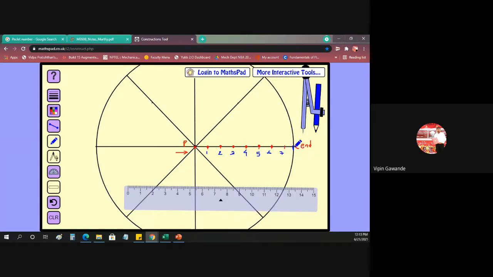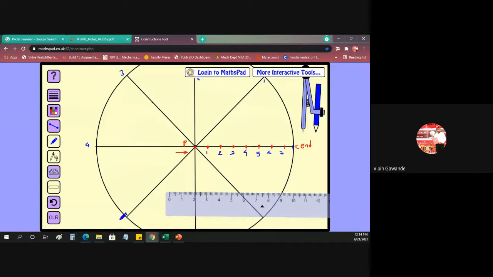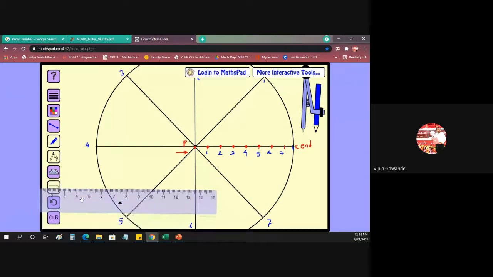So we have divided the line PC into 8 divisions. Now from where do we give the nomenclature, that is number 1? That is from point P. Here it is moving from center to end, in this direction from left to right, so you have to give the nomenclature from left to right. In the first case, it was moving from right to left, so that's why we gave the nomenclature from that direction. Now again the same procedure. This is our 1, this is our 2, then this is 3, this is 4, then this is 5, this is 6, this one is 7, and the last is the 8 point.